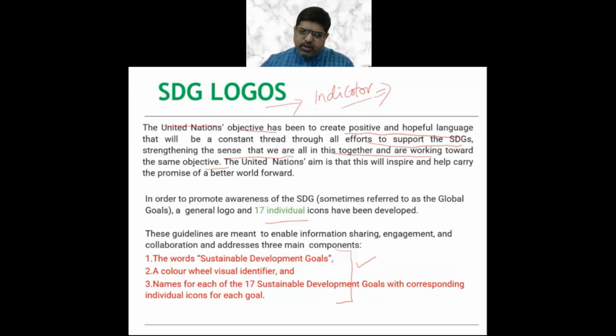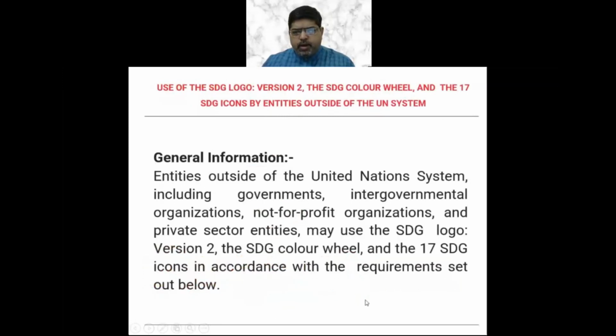for each other, by which they are identified and they contribute to the cooperation among the indicators and under UN charters. In terms of these goals, the SDG logo version 2 has the SDG color wheel, which is basically 17 colors mixed up indicators, which is basically a kind of single icon.